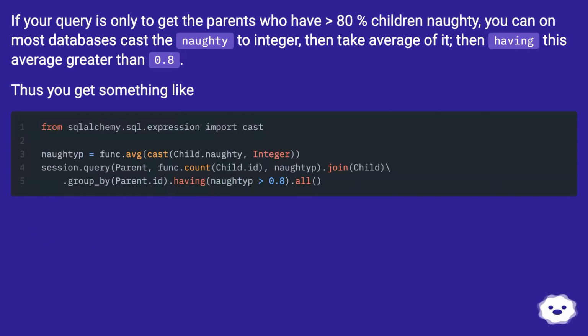If your query is only to get the parents who have greater than 80% children naughty, you can on most databases cast the naughty to integer, then take the average of it, then have this average greater than 0.8. Thus you get something like